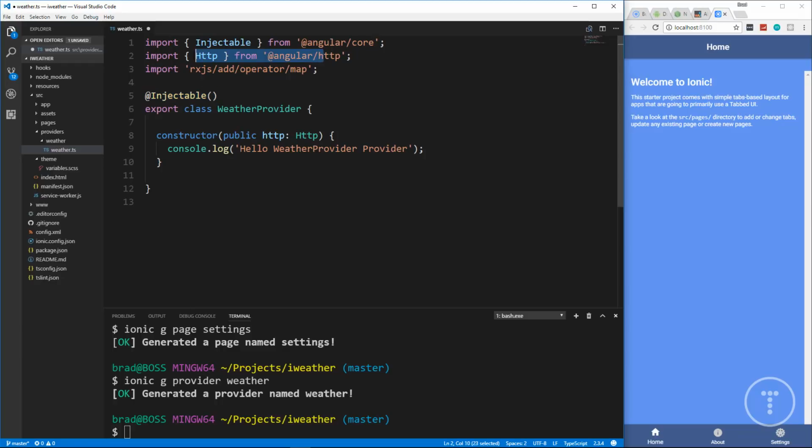It brings in the HTTP module so that we can make HTTP requests. It also brings in the map operator from reactive extensions so that we can use observables and we can use map. Okay, and then it just creates a constructor for us. Now, if we look in the